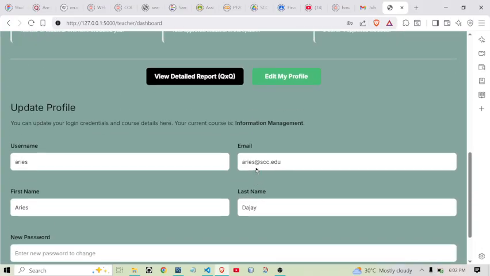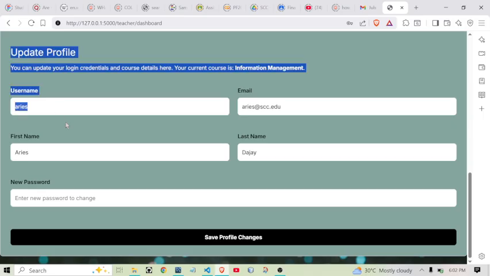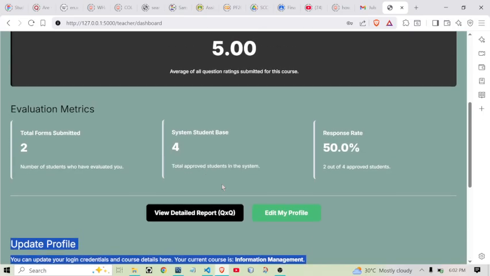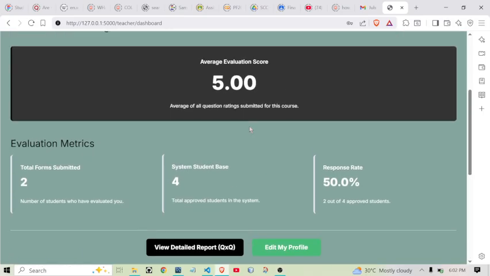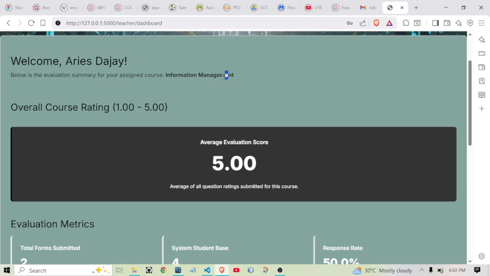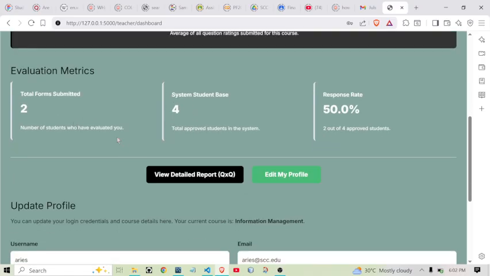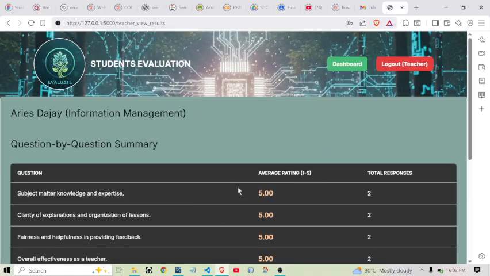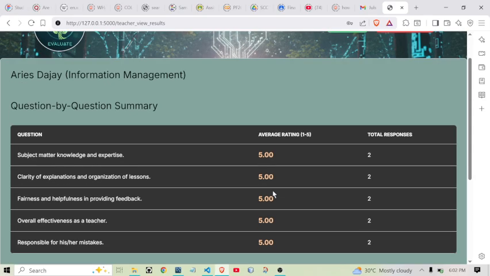Same as the student, you can update your profile. You can see in your teacher's table your subject, the teacher's name, and here the detailed report or the individual scoring per question.